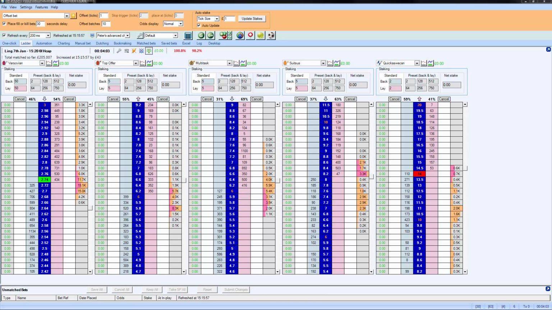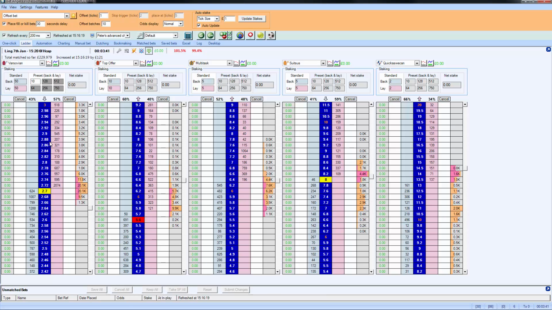So when you're on the ladder interface, the way you use the software varies. As we've discussed before, odds are vertical instead of horizontal. But if you look on this column here, you can see that these are all the prices available to back at, and these are all the prices available to lay at. So if we choose a stake, we'll put up here of £10, you can see that stake's replicated across these